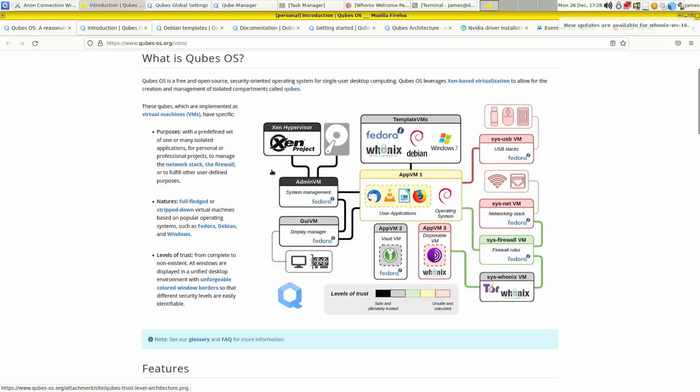And then here on the Qubes website, they also have a pretty good example of how you would use the vault. So here you can see that KeePassXC is kept within the vault VM because this is a very reasonable way to store your password manager. You really don't want your password manager to be connected to the network or to be connected to external storage. There's no real reason to do that.